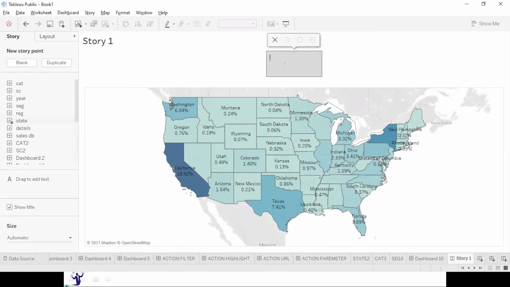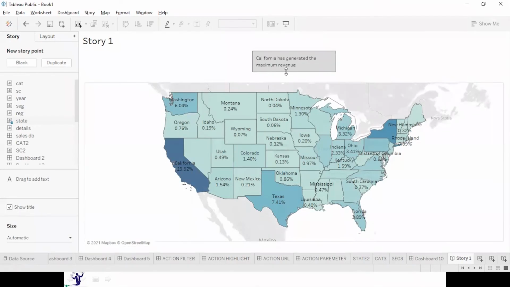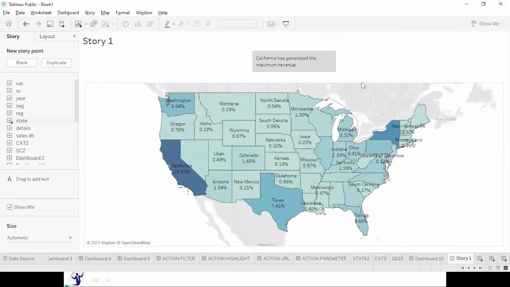For example over here, I will say California has generated the maximum revenue, right? Something like this.